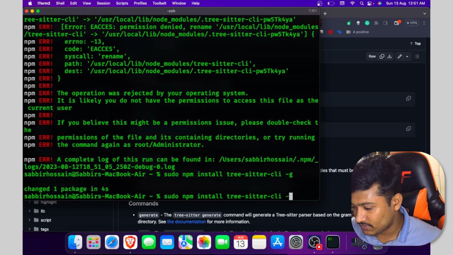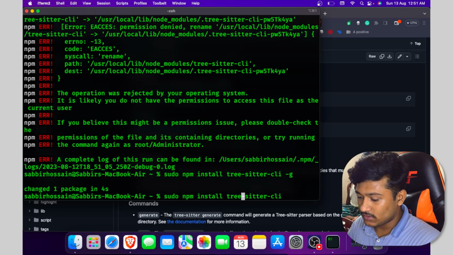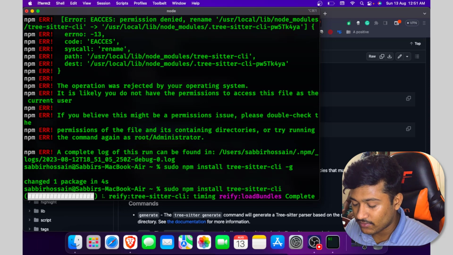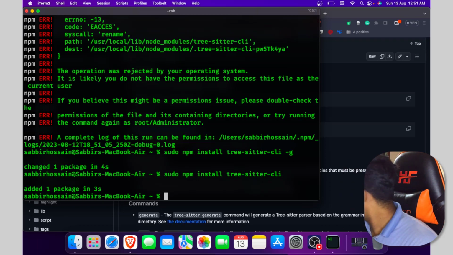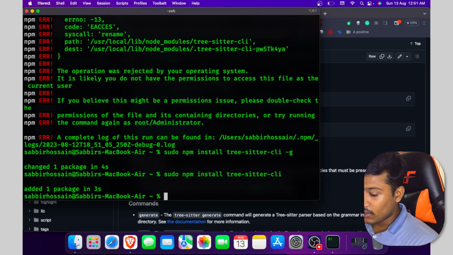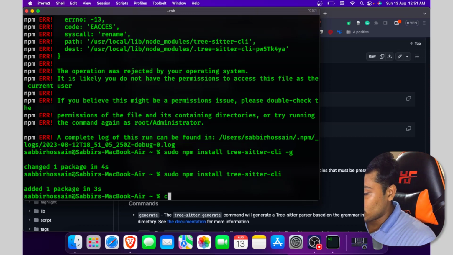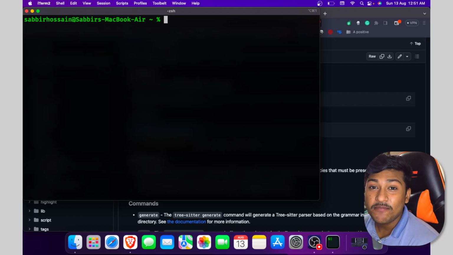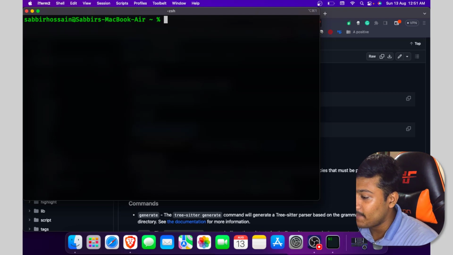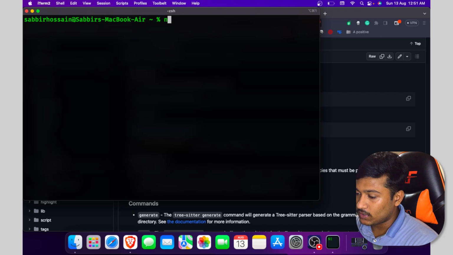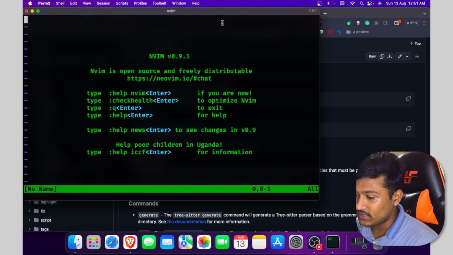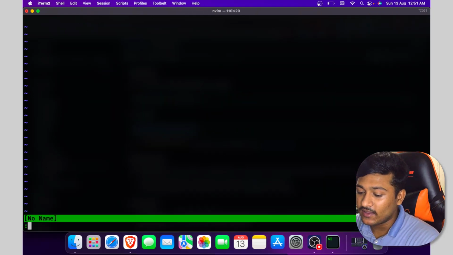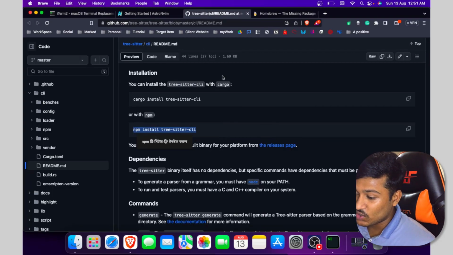Sorry, it's okay. So just hit enter once again. Oh, let's see. Maybe now. Okay, the package is added. So just clear this one, and if we type NeoBeam, then it should definitely open the NeoBeam version. Okay, so just click on NeoBeam. So it's definitely open. Our AstroBeam is not installed.